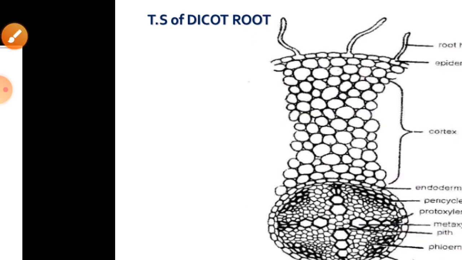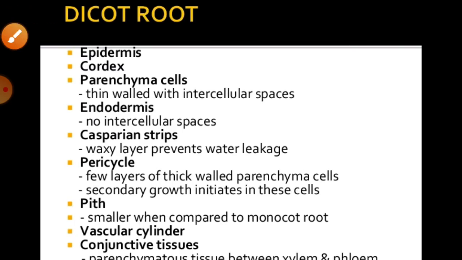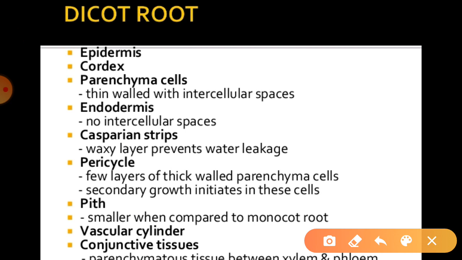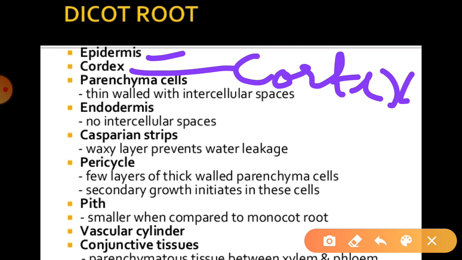Let's begin these topics, with a correction here. You can see there are other different parts. It may be epidermis, then, not cortex, it is cortex. This is the cortex. So this can be found, and the endodermis, stele with the pericycle, vascular bundles and pith, with the same characters as we have already learned in the previous one. So we can again talk about the epidermis of the dicot root.